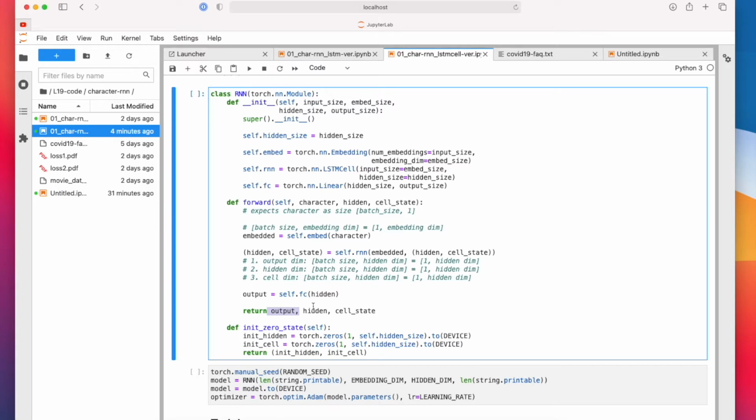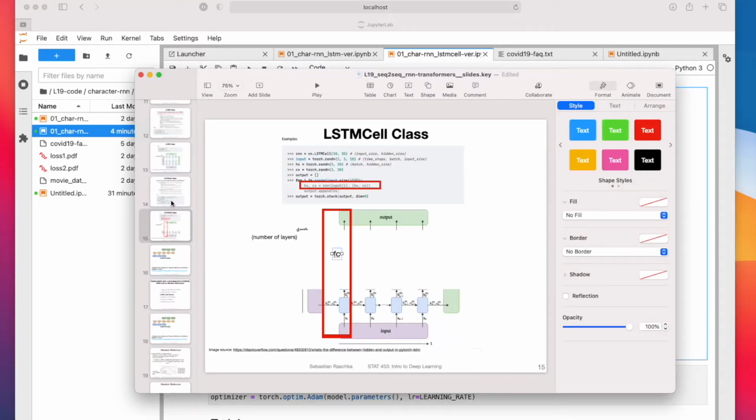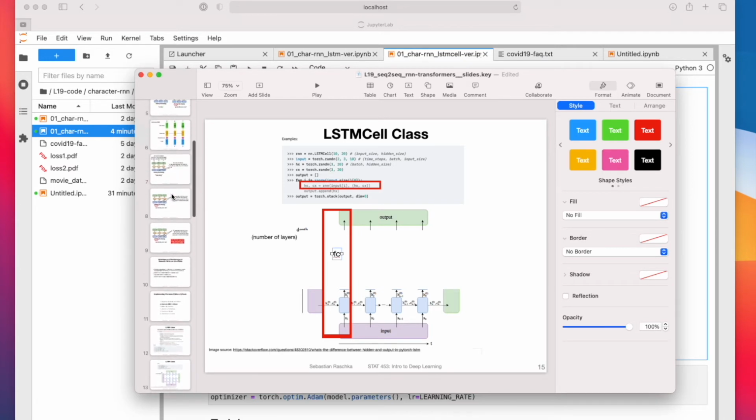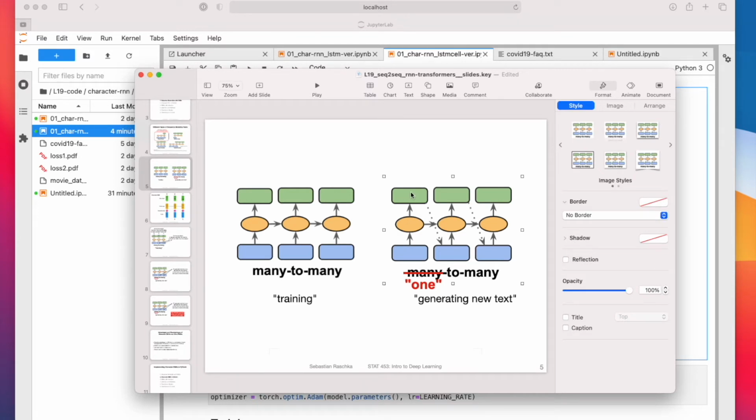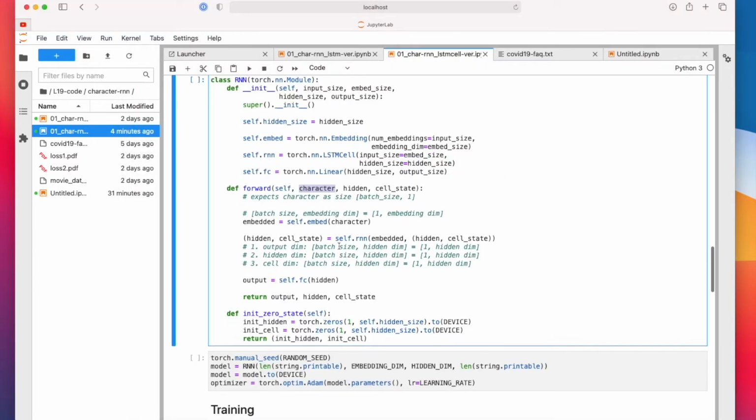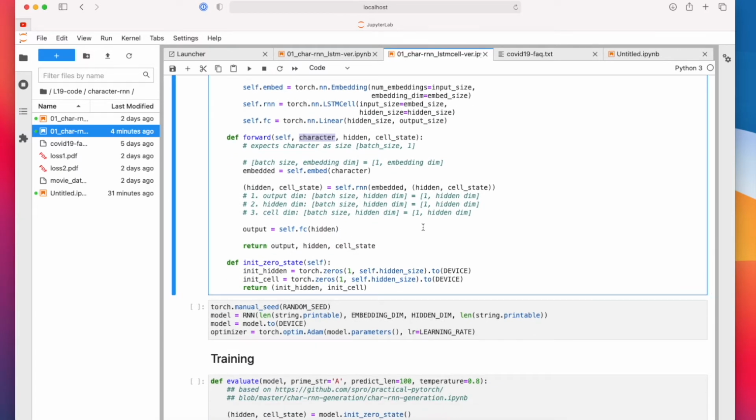And also when we want to generate text, of course, we have to feed the output back into the input. So if I go back, there are too many slides here. When I go back to this visualization, this is for training, but for generating text, we feed the output here. So we get this input, produce an output, and the output gets fed to the next time step as input so that we can generate new text. Yeah, just the dimensionality for reference.